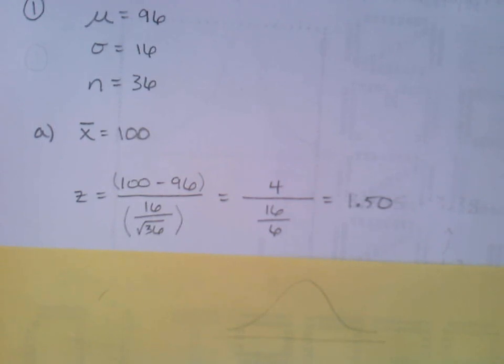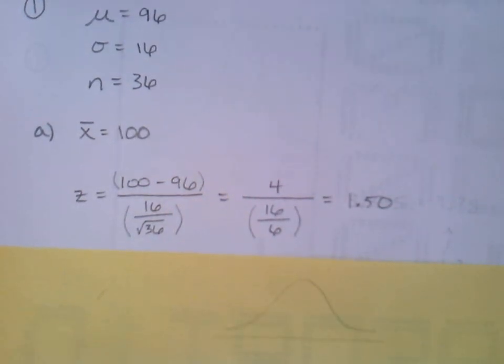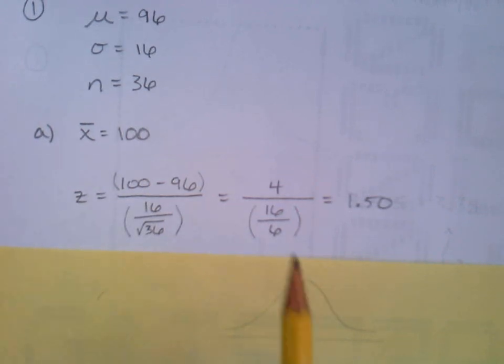If you've got a more modern calculator, you might have this nice display, but if it's a slightly older one, definitely use parentheses, or you might simplify it a little bit first. Maybe just go ahead and do that subtraction, go ahead and take that square root. You would still need the parentheses there. In any case, make sure that when you crunch these numbers you get 1.5. Then you know you're doing it right.